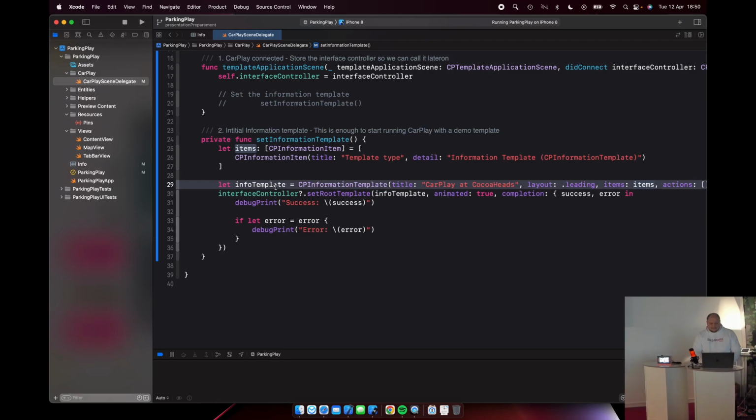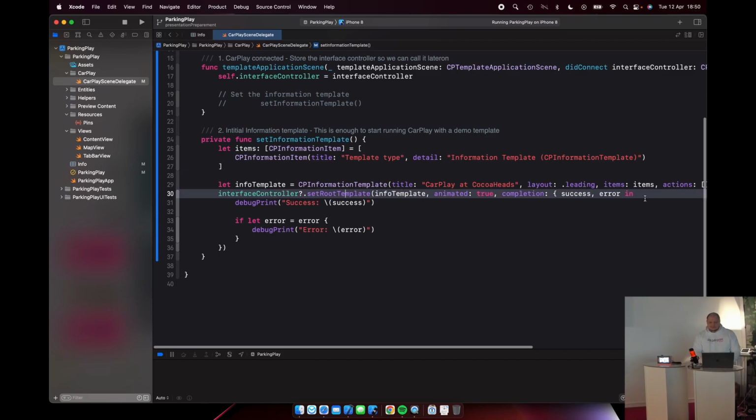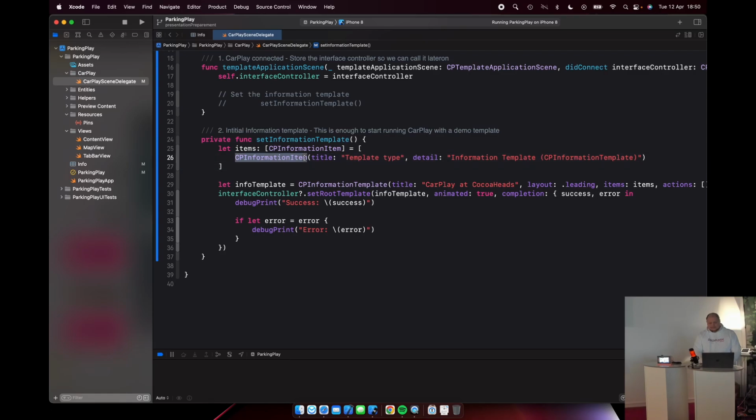And we send this template that we create here to our interface controller, to the root template with our information template, animated, and now we get a completion closure here with success and a possible error. The items that we're sending in, just a real simple one, it's a CPInformationItem that says template type, information template type. So if we run this,